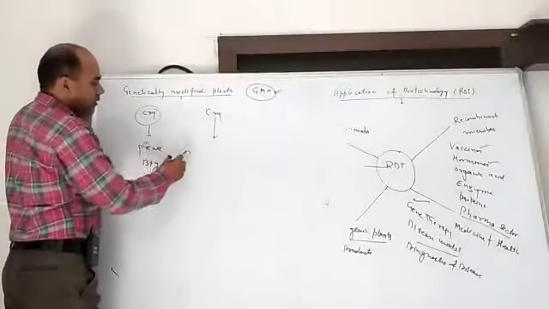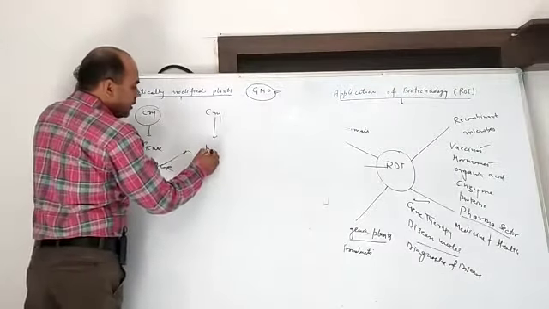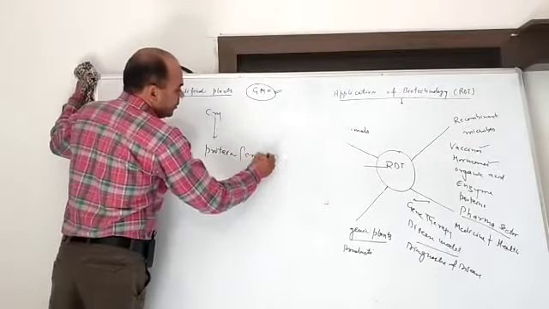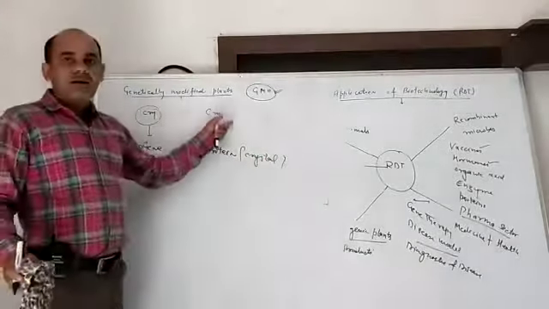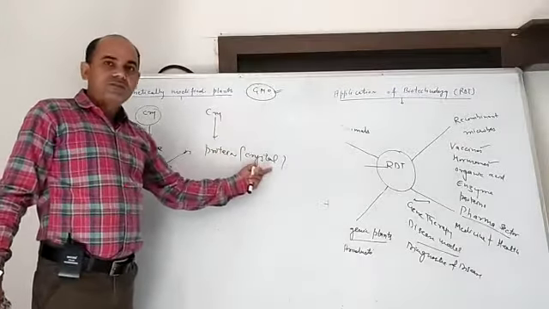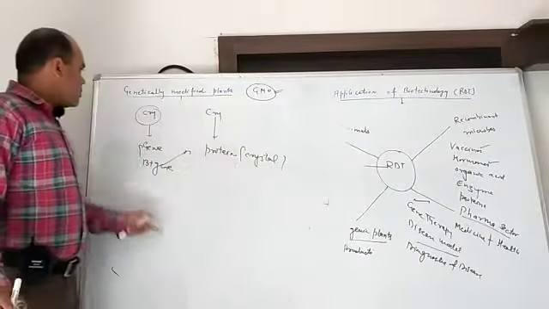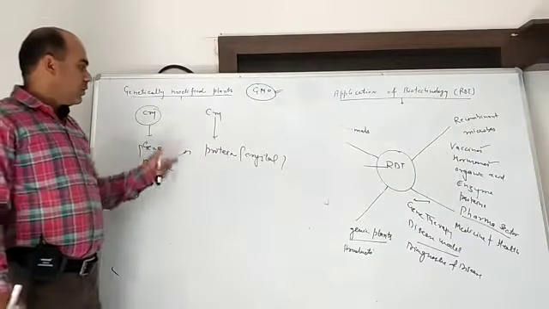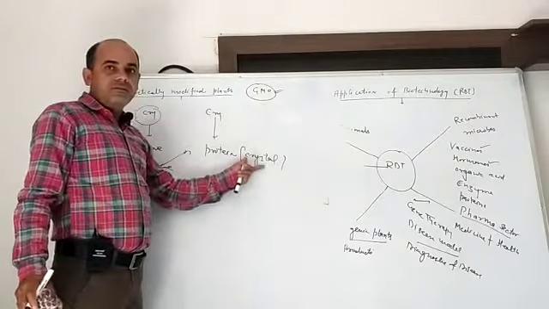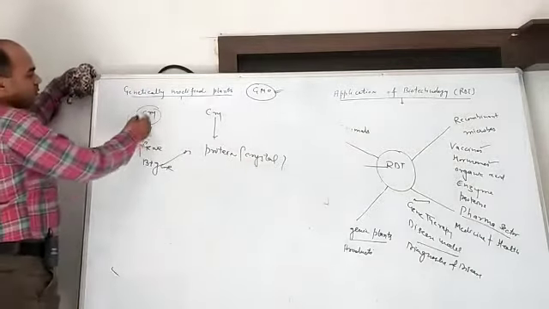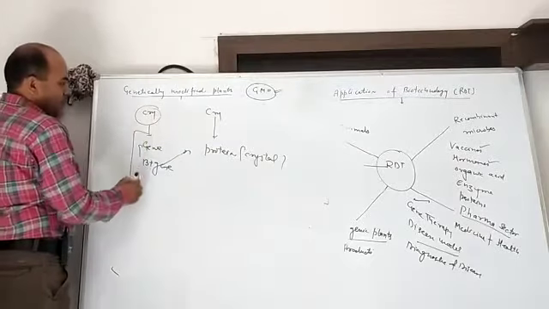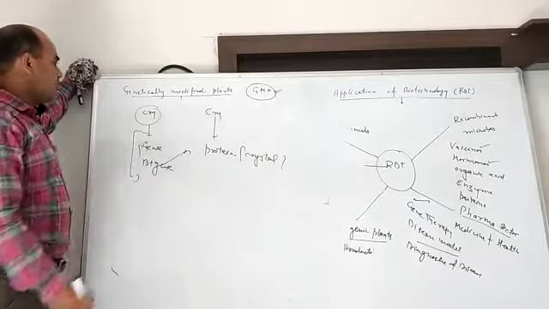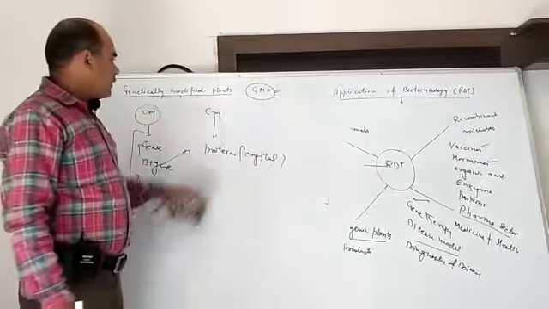For this gene product, after expression, what will be made? It makes the protein in the form of a crystal. So the capital Cry represents the crystal form of protein, while the small cry represents the gene which codes for the protein crystal. This is another difference. It is written in italics, and sometimes in Roman form. So these are some differences between small cry and capital Cry.